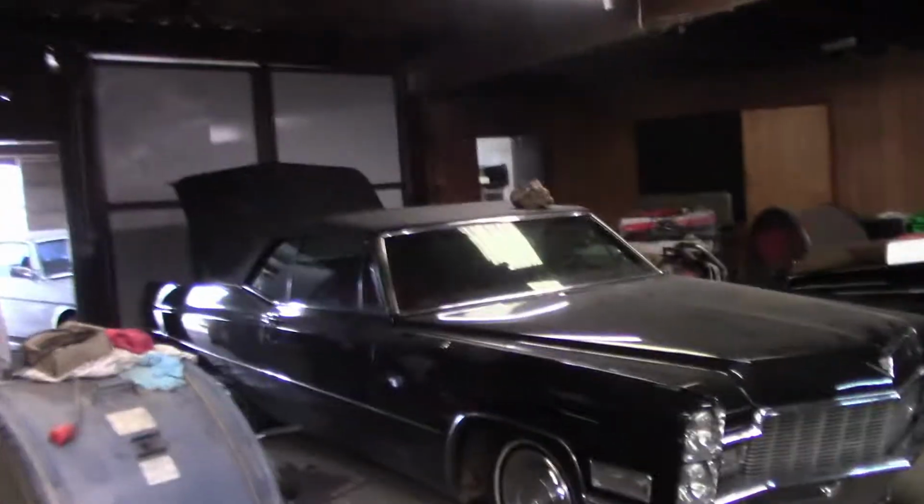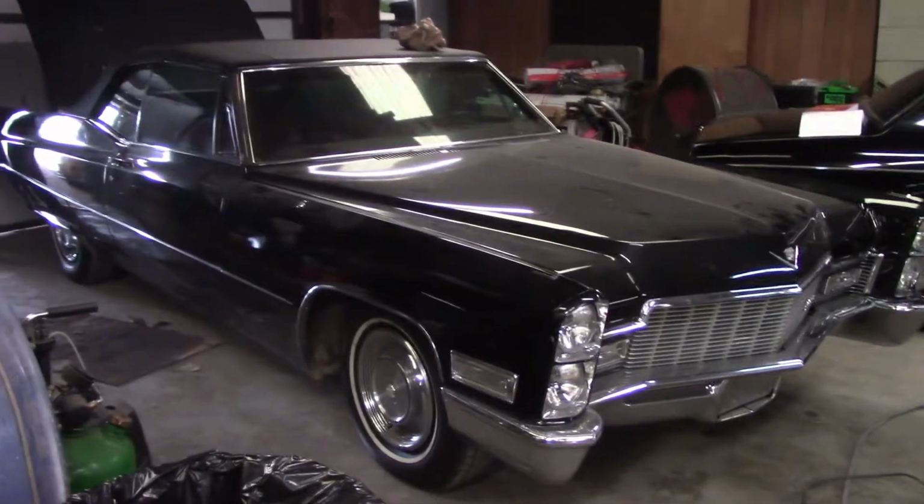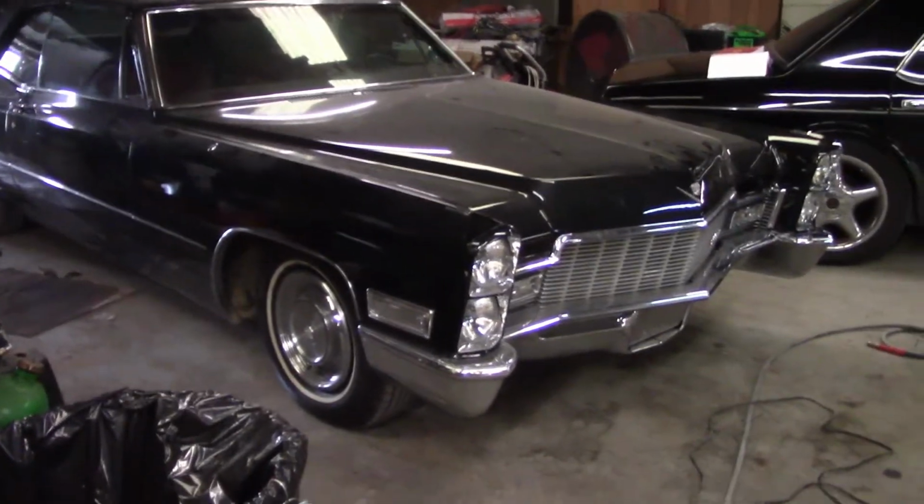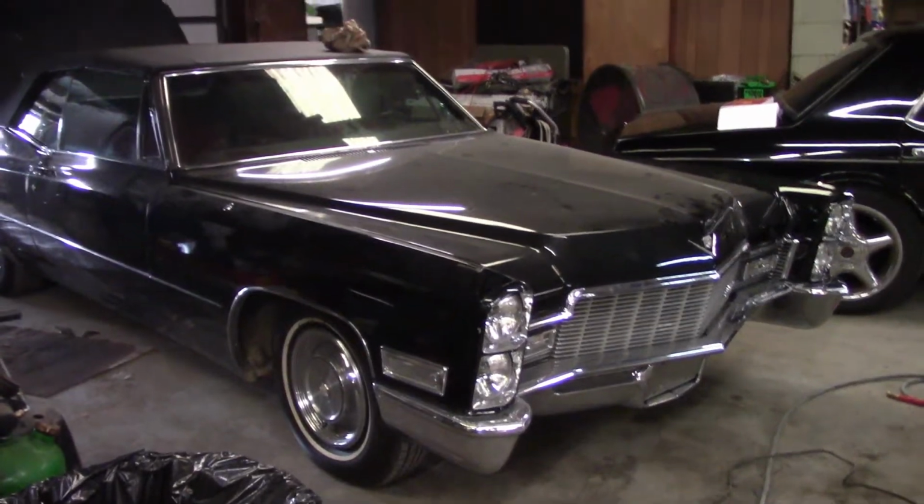This weekend I'm going to focus my attention on a car that I've been neglecting for a while, and I kind of want to drive it because it's a fun car. Let me just turn the camera around and I'll show you. So what I'm talking about here is my 68 Cadillac Deville Convertible, and I've had this car, I don't know,